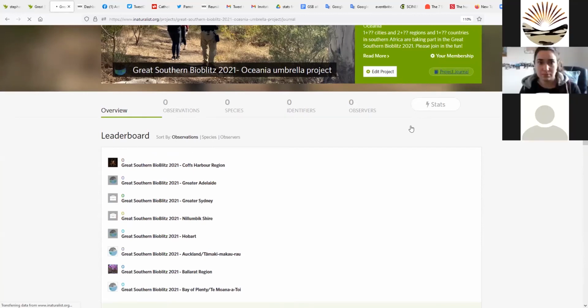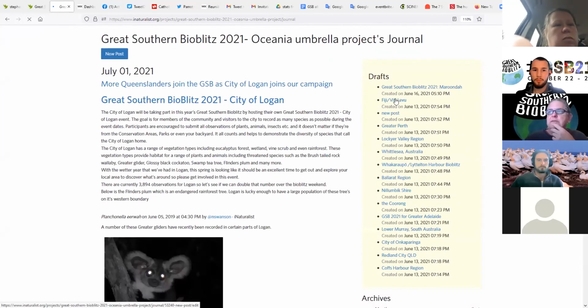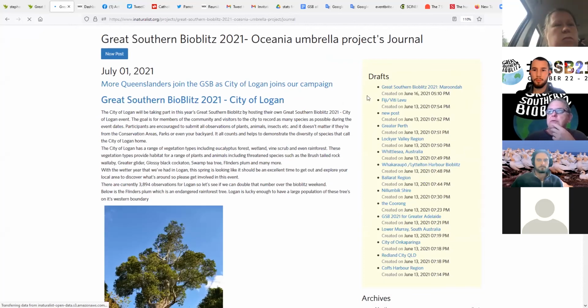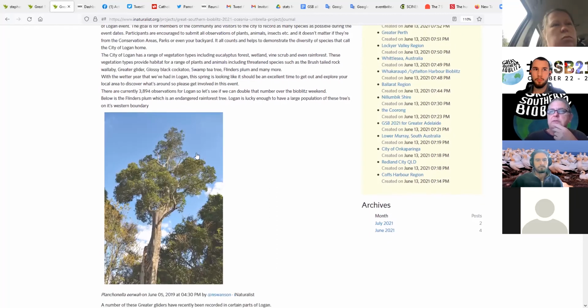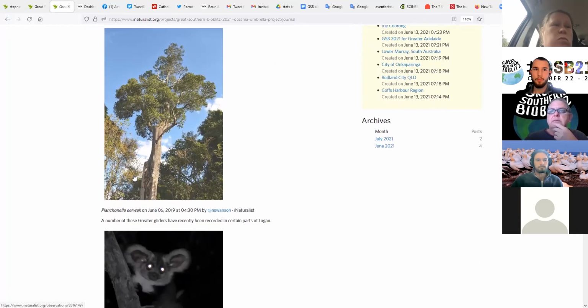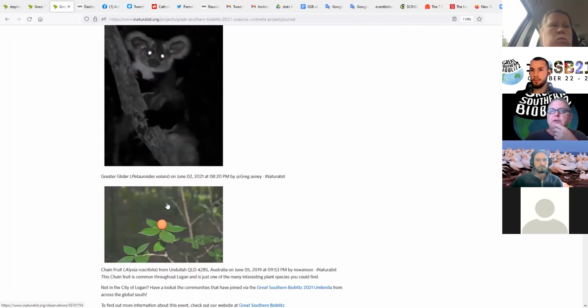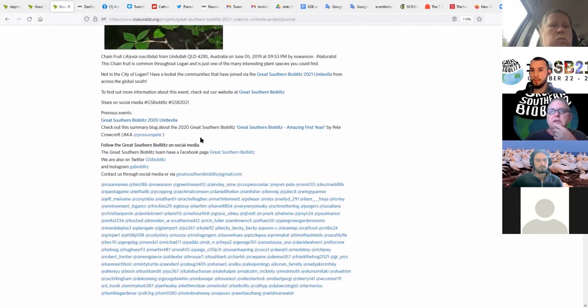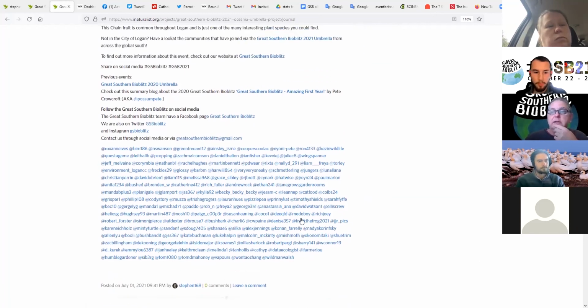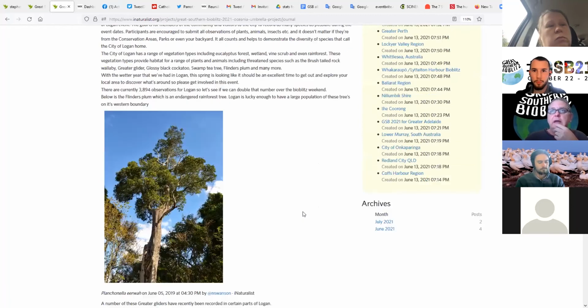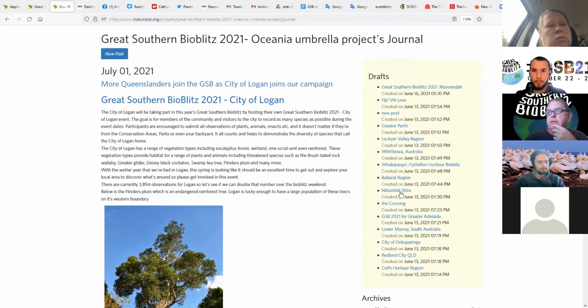I've actually set up in here a whole bunch of drafts for every single area. They're all standard. But if you want to have a post set up for your particular area, you just send me a bit of text I can put in this bit here, and then we can set up some links to various pictures if you can identify some, because it takes a lot of time to actually work those out. And down below, I've just tagged the top 50 or so observers within that particular council. So this is for Logan.